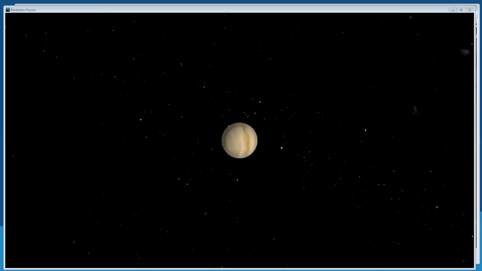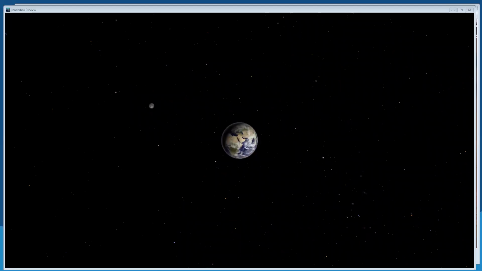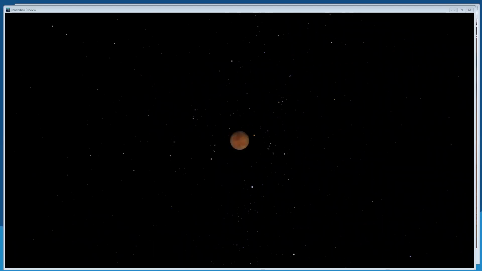So again, Venus and Earth are about the same size. And then you can see Mars from that same distance, that 35,000 kilometers away. Mars is about half the size. And again, when the sun reflects back to us off of Mars, it looks red in our night sky.